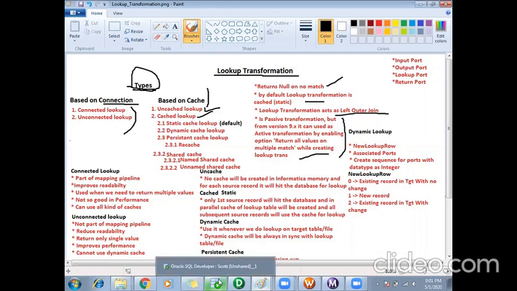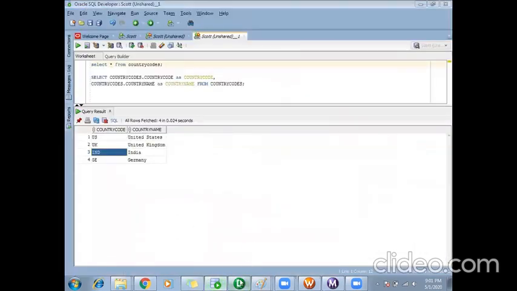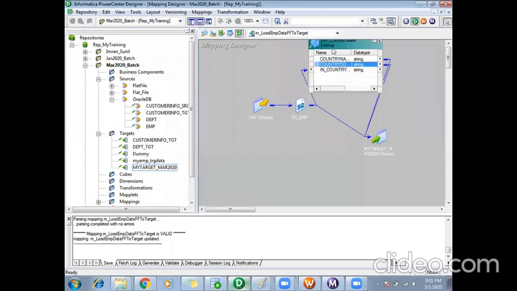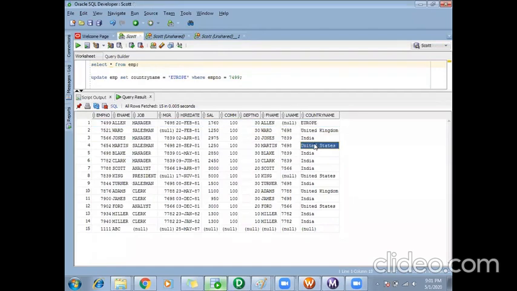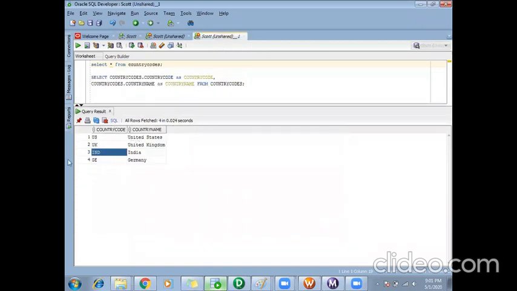I just told you, right? This is my lookup transformation. I told you an example. I'm getting the country name of employees in my source, and based on the country name, I need to get the country code. Country name and country code are in one table.